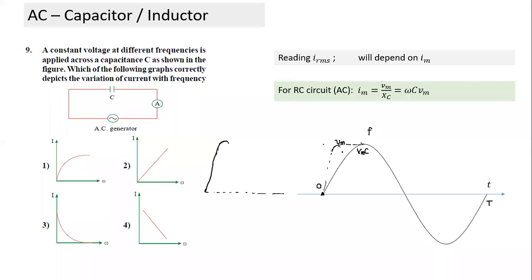Are you following so far? Yes, sir. If this is how the voltage curve is, what is the change which is happening? Earlier, it was acquiring full charge from here to here. This was the time it was taking. Now, how much time does it have to acquire full charge? Half the time.